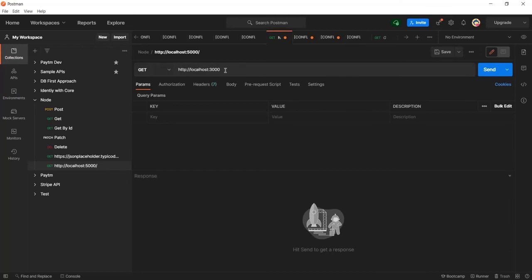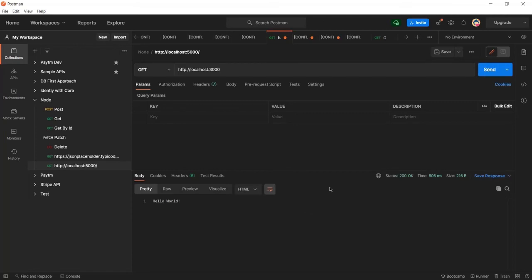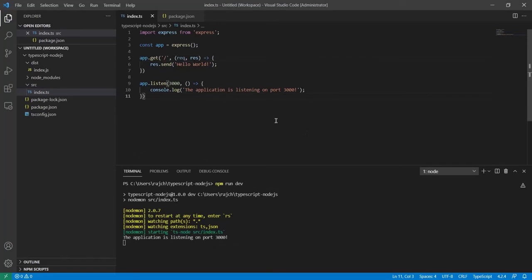If you are new to Postman, then make sure that you download Postman. Then you need to add a new request from the plus button, and then you can configure the get method here. You can see all the methods, but currently I'm going to use get, and here the base URL which I'm going to call, and then just click on send. So you can see I got the response as hello world, and this is a string.